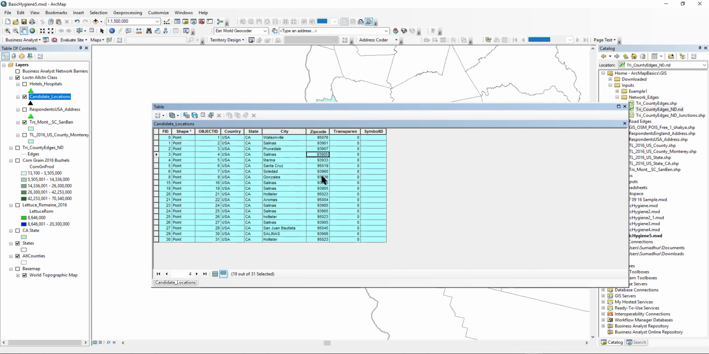93901, 93905, 905. So even this is not unique. Even I have locations from the same zip code as well. So at some point I will have to create a unique location ID for each of the points. But at this point, I want to proceed ahead with,